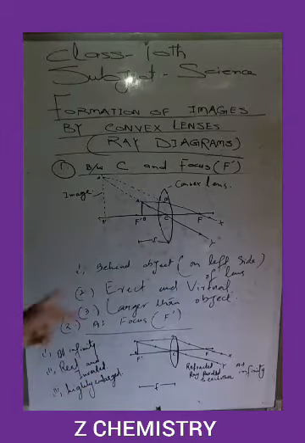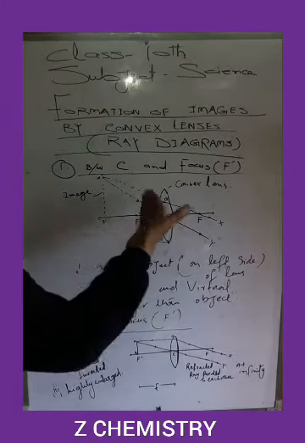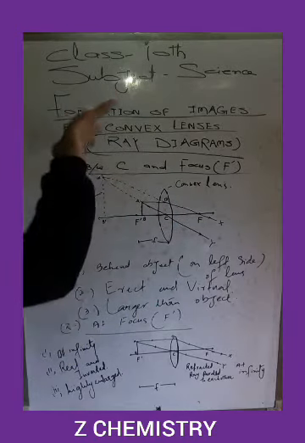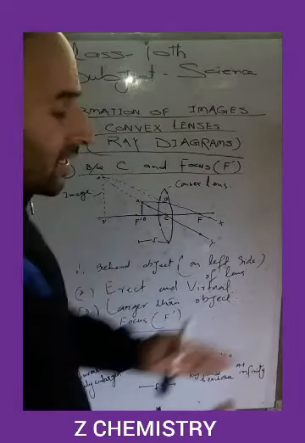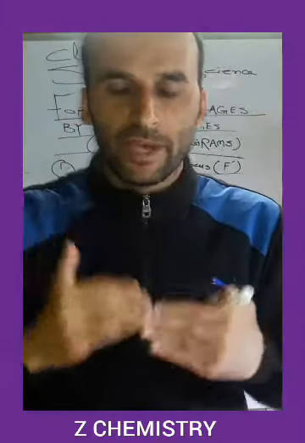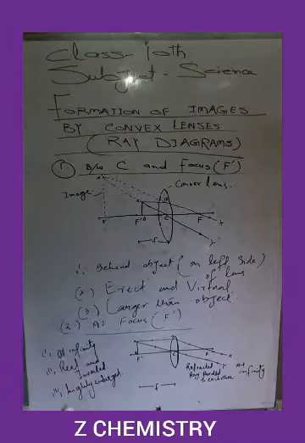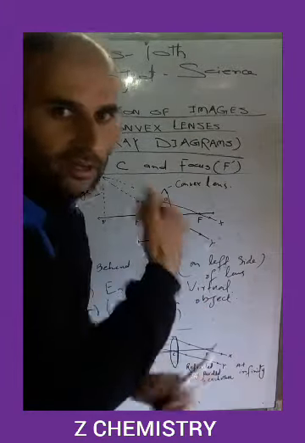This is the first case. Next, the image is erect. It means that the position of the object is upwards, and the position of the image is also upwards. We can state that the object as well as the image are on the same side of the principal axis. Hence the image is erect, and the image cannot be obtained on the screen.